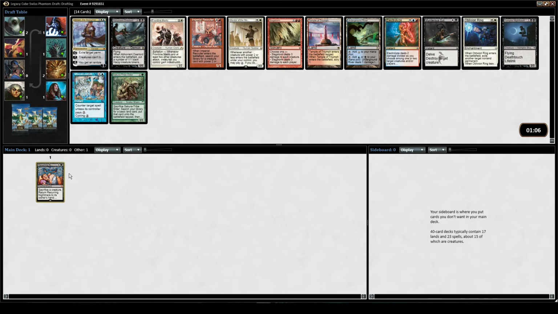Alright. So this pack, a little bit weaker. I'm still a fan of Nighthawk. Solid Cut's fine. I think O-Ring's the best card, though. But do we really want to jump into white? I mean...